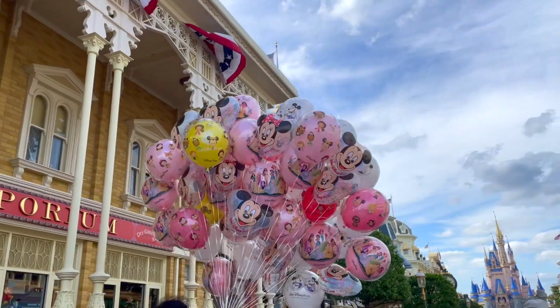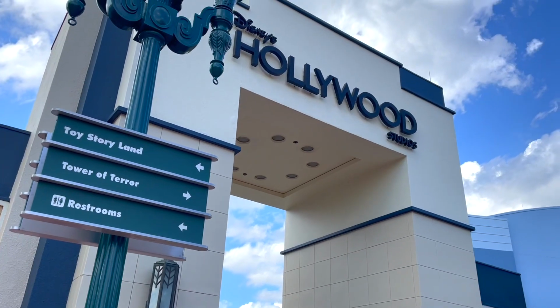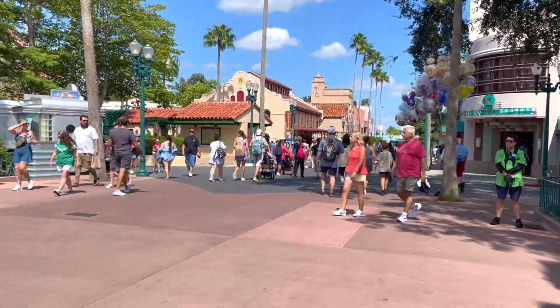Let's be real, we all love Disney, but it's getting really expensive. But here's the thing, you don't have to break the bank to have an amazing Disney trip. But first,